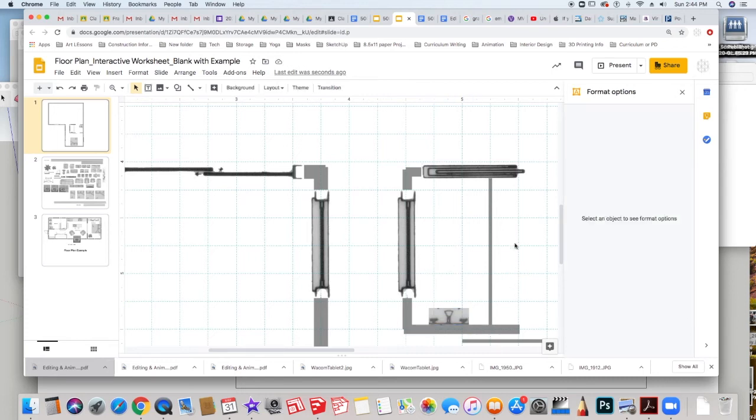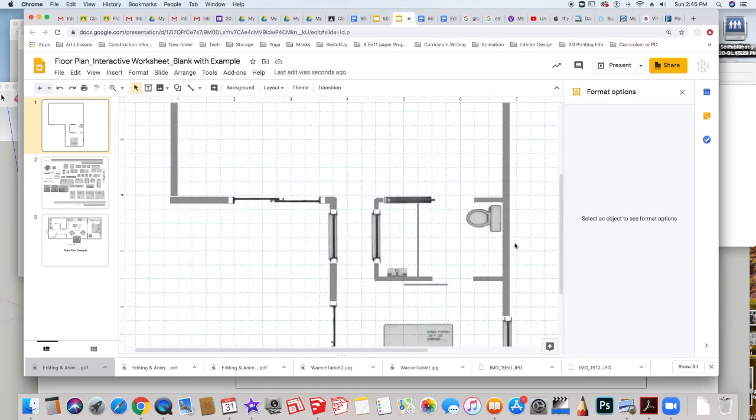The shower could have a shower door in it. It could have a slider shower door. It could just have a shower curtain. It's up to you what you want to do. Now I want to take my view and go farther away. So I'm going to go Option Command and I'm going to hit the minus button. And that's going to bring me back to a view where I can see the whole thing.